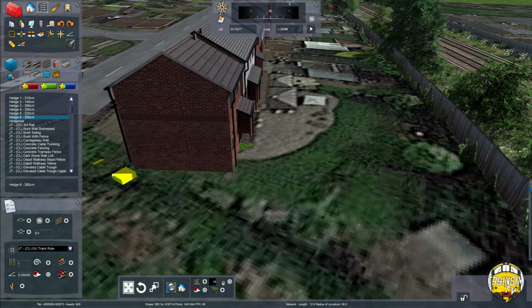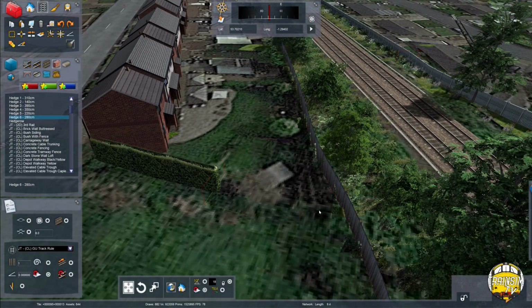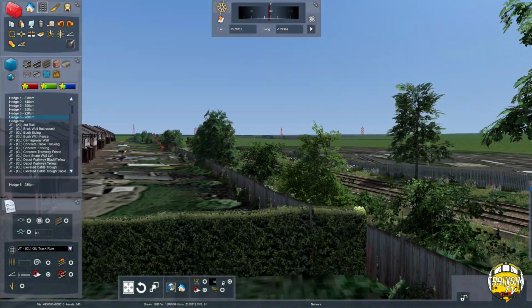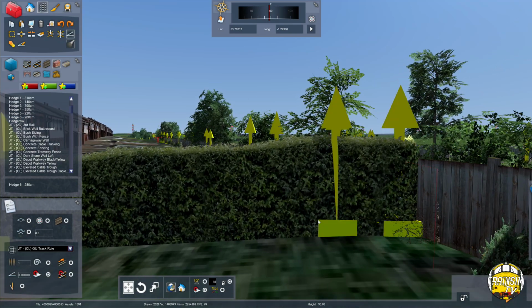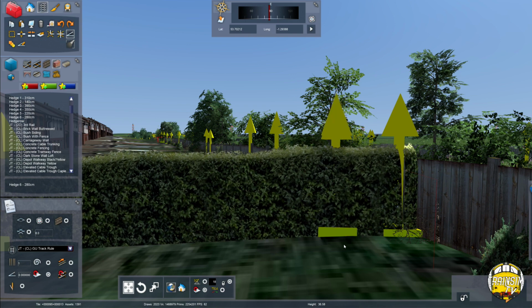So I've got a hedge loft selected here, and all I'm going to do is drag this across. I'm not going to get exactly what sort of fence somebody's got and stuff like that. There's no actual photos of this section of line. I've got a cab ride which I'm referring to, and what I have done actually before I do this is,